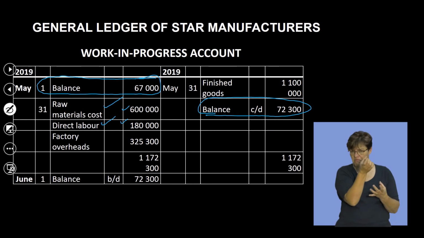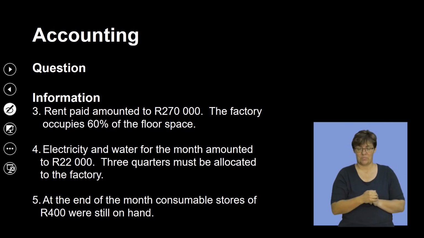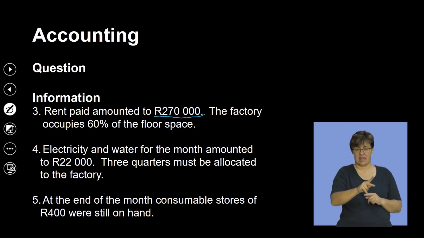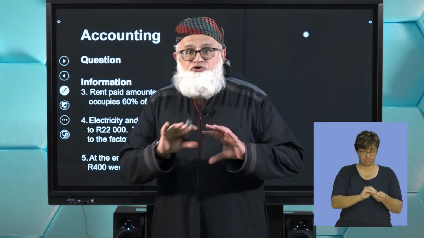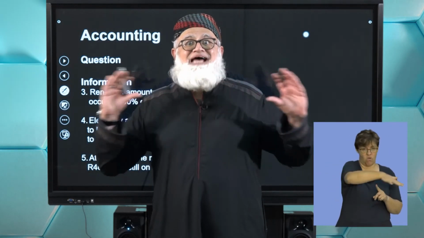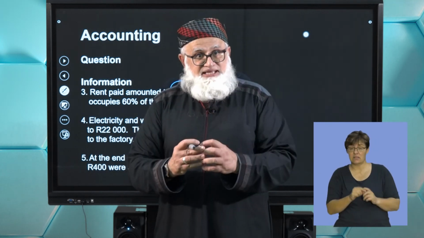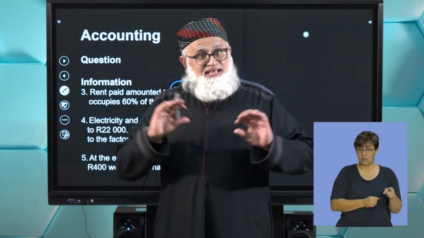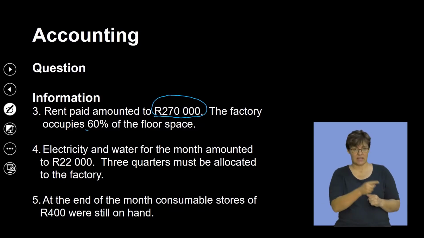Okay. We now go to factory overheads, and we are told for factory overheads that there was certain information that we needed to use. Let's get to it. Okay, here we go. They're telling you rent paid amounted to 270,000 rand. That was the total amount of rent that you paid for your premises, the entire building, right? But the factory does not occupy the entire building. The factory only occupies 60%